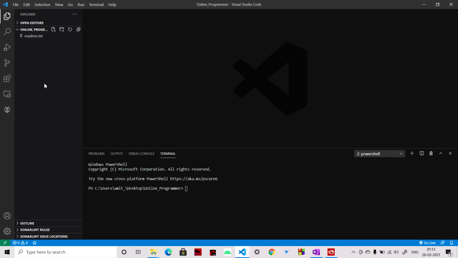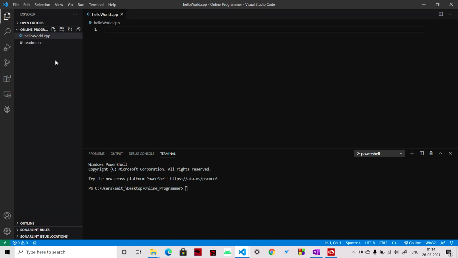If you want to create a new file, like we are going to create hello world.cpp, let's just follow the convention. When you click, the file is getting created. Let's first write the code. So, hash include